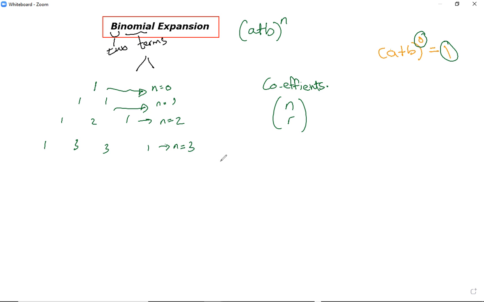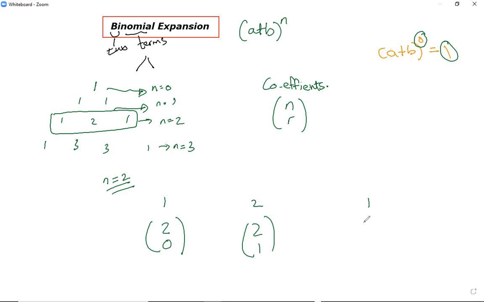And from this, they realized, okay, well, calculating these values over here, for example, let's say 1, 2, 1. I've got n equal to 2 for this one. This becomes 2C0, this became 2C1, and this became 2C2. And if I have to expand this, remember this concept is n factorial divided by r factorial multiplied by n minus r factorial in the denominator,